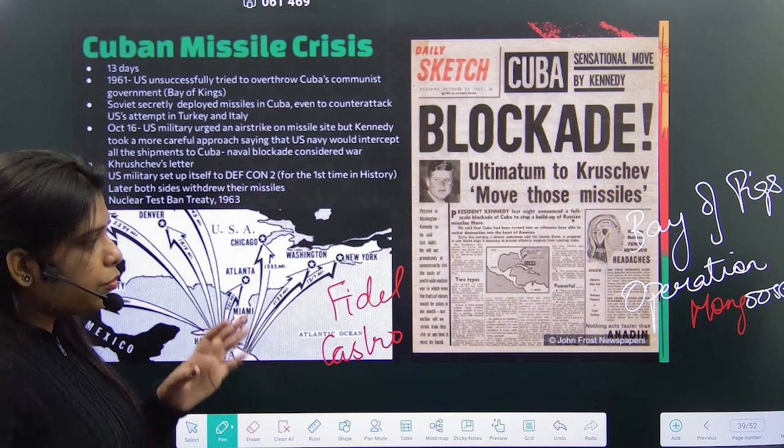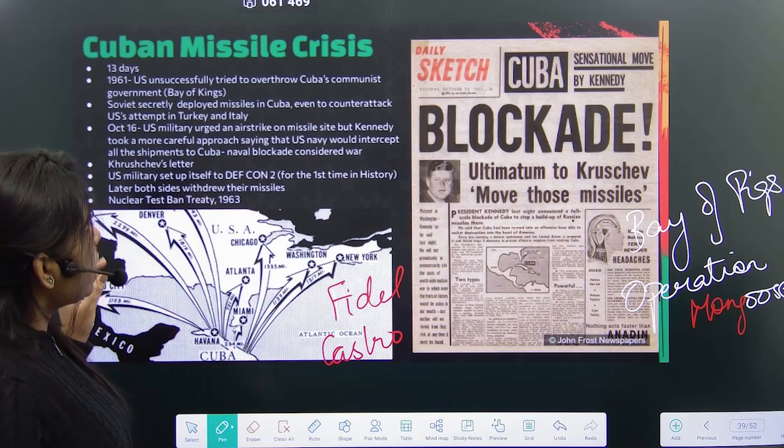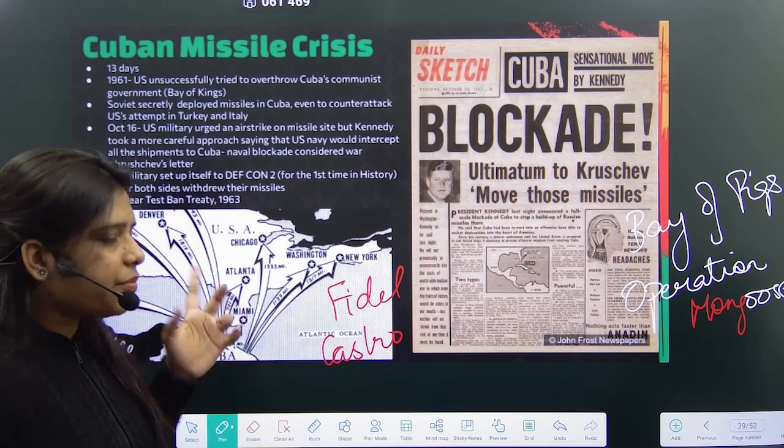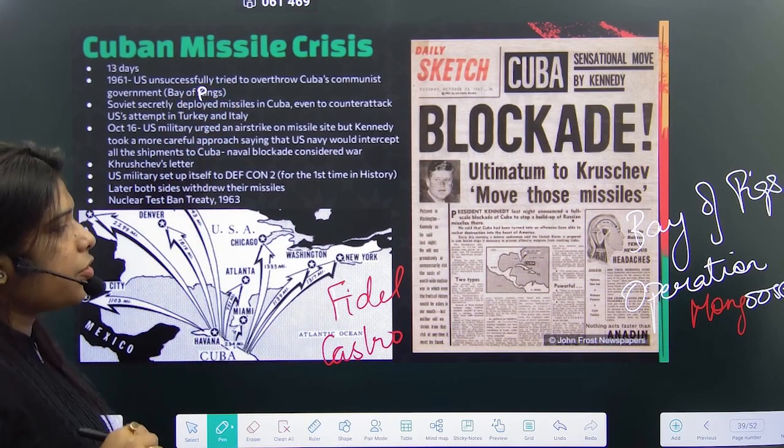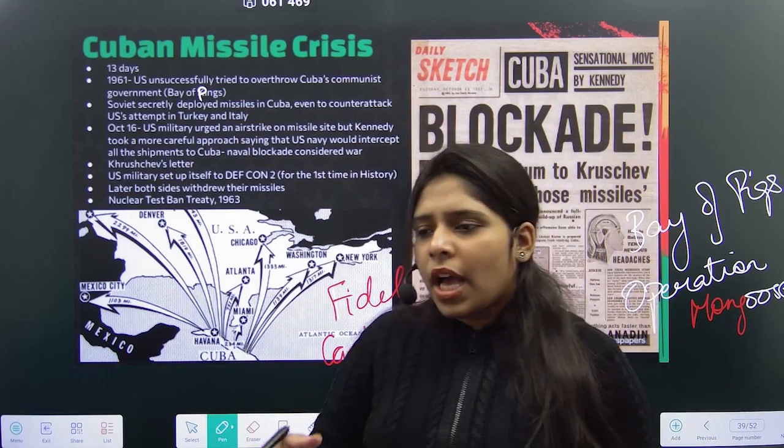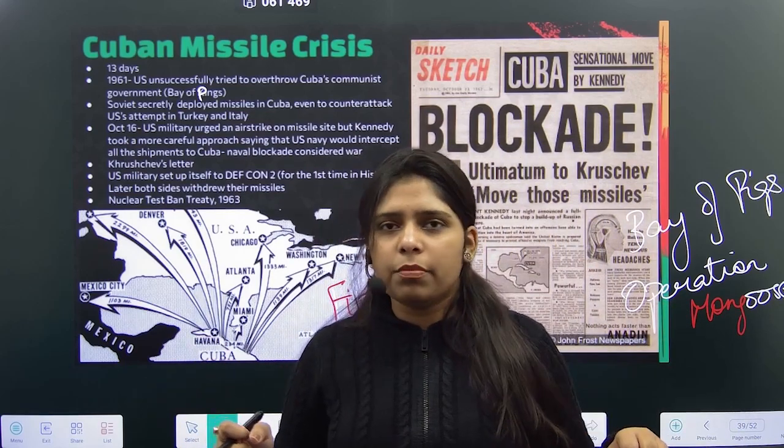So there were two operations that were launched against the Fidel Castro government in Cuba. The Bay of Pigs was also there to uproot the communist government from Cuba, and same thing was Operation Mongoose,